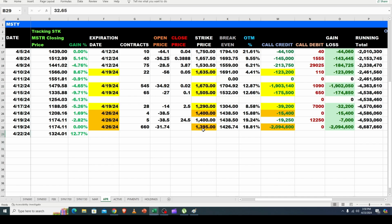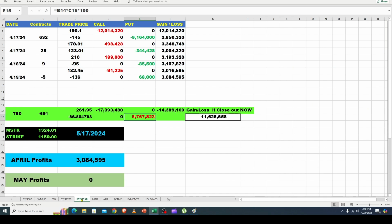So we don't want to run by these, and the bulk, right, 99% is 1395. Well, we're at 1324. So we can get up closer. We just don't want to run by that. But it's a 2 million loss. But I want to show you what that 11 million is, right? So let's go back now to the 1150. We're now at 11.6, and just by staying above 11.50, we've got another 5.7. So there's 17.3 that's unlikely, unless we really turn down and stay down, to lose, that we will make up,